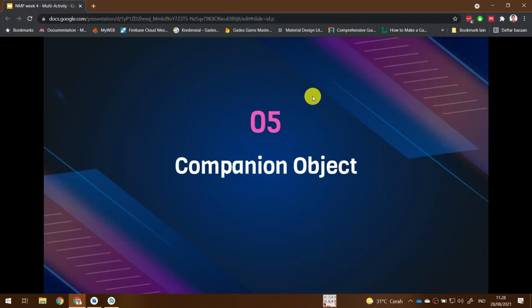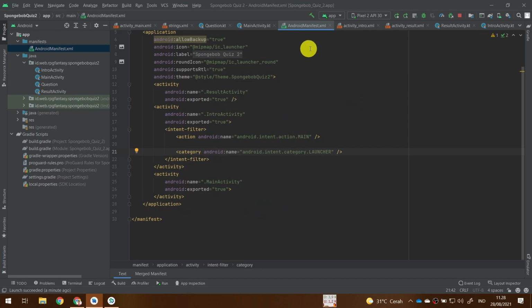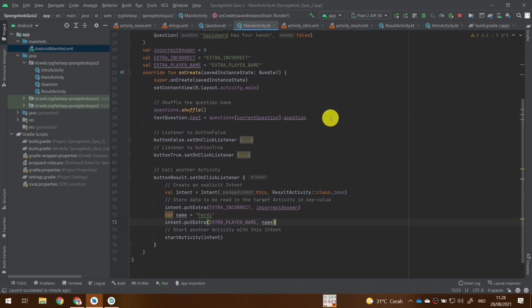Okay, the next topic is a companion object. What is actually a companion object? I will close my Android manifest first. If you notice when we try to send some data from an activity, sorry, not intro activity, it's actually result activity,